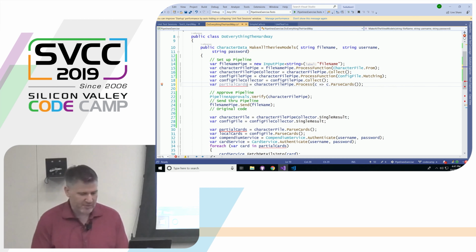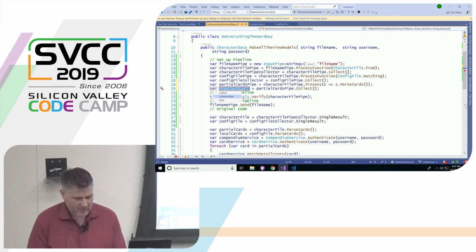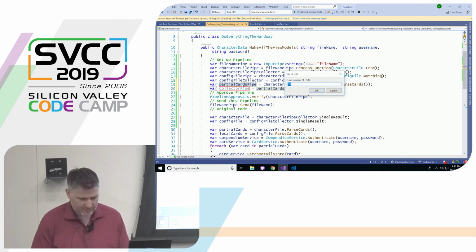And this is going to back our partial cards pipe, which again, we need to collect on. That will give us partial cards